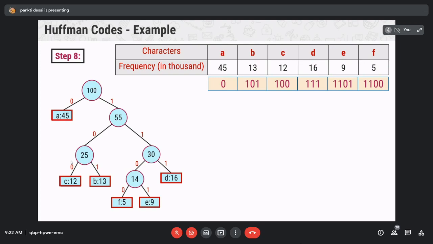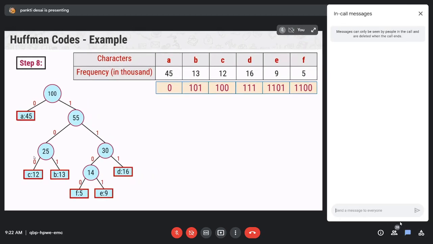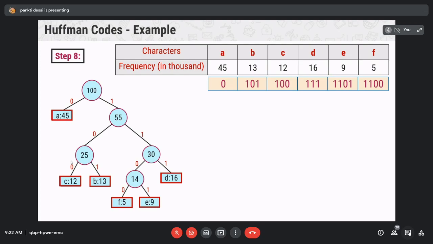The code is 0, that is for A. Then 1101, that is for E. Again 1101, that is for E. And 111, that is for D. So the encoding for the string AEED is 01101 1101 111. Getting? And what is the decoding of this code 01101110111? That is AEED.